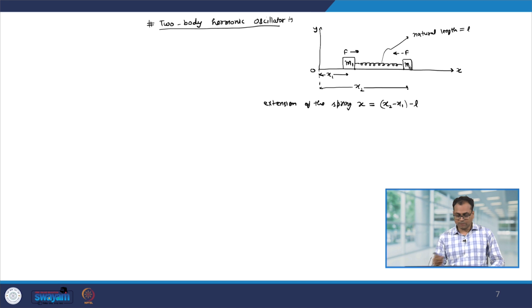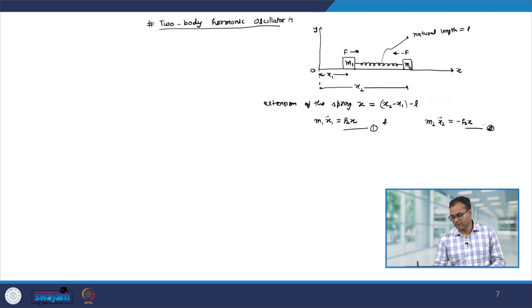Okay. Now, for the first mass, the equation of motion is m1 x1 double dot is equal to kx, and for the second mass m2 x2 double dot is equal to minus kx. Okay. Because the forces are acting in opposite direction. Let us say this is equation 1 and this is equation 2, then we can combine these equations. If we multiply equation number 1 by m2 and equation number 2 by m1 and subtract them, then we have